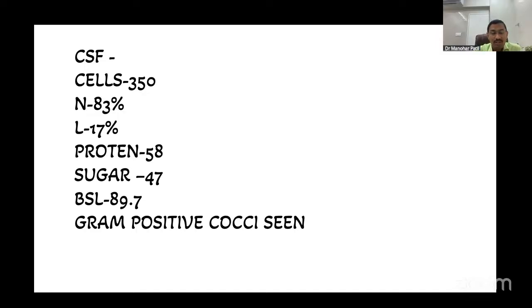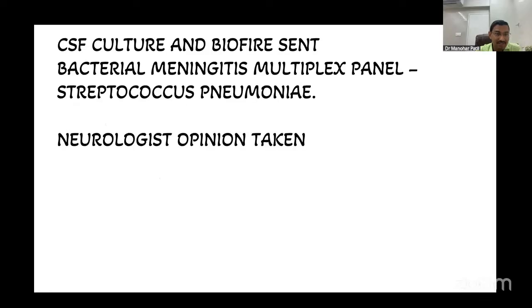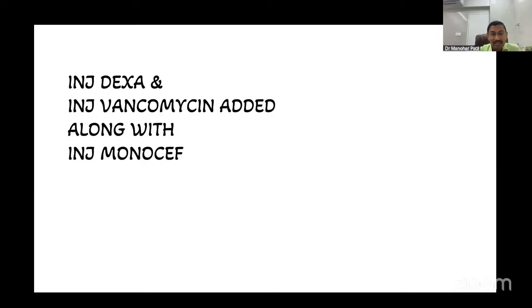I was shocked. Within almost 36 hours of fever spike, I did the CSF and it came 350 cells. Then I sent CSF culture and along with that I sent Biofire also, and that came Streptococcus pneumoniae positive. So I took neurologist opinion, and she advised me to start injection Dexa along with injection vancomycin, and it is